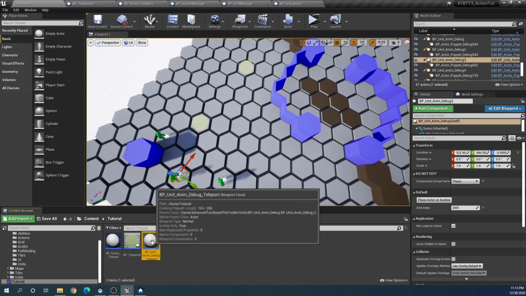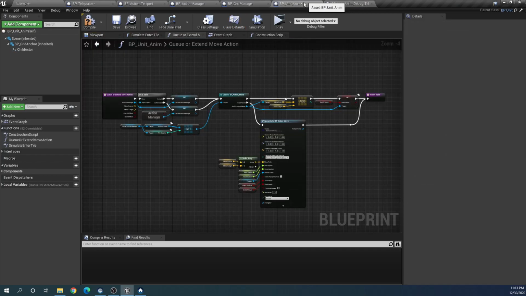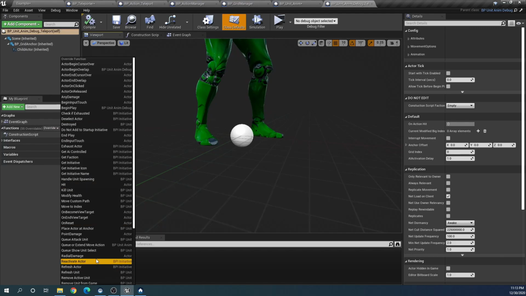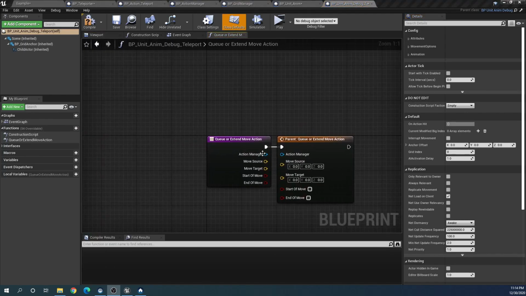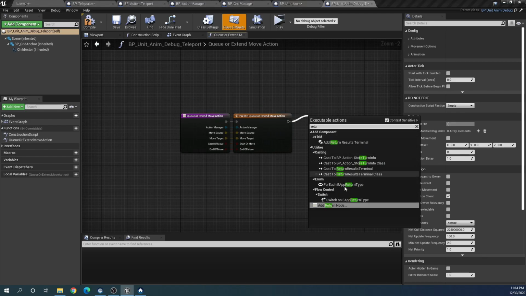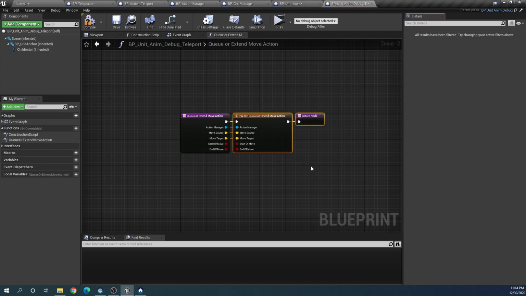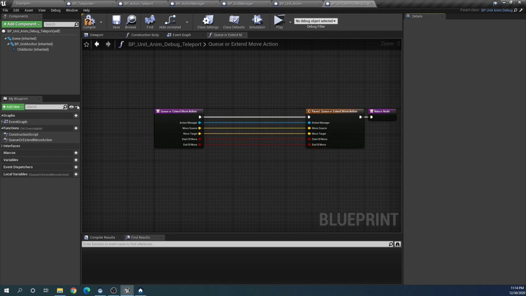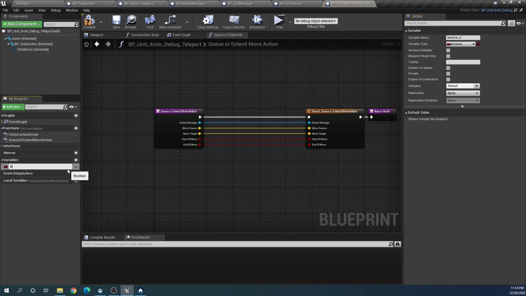That's a long name. So in this we can override our queue extend move action function. We can override it here. We should be able to find it. There it is. And we want to keep all of this code actually as is. We just want to add some new code that lets us skip this behavior if we need to. So we can tell this to, if we have teleported, then skip the next move segment that is queued. So we can add a boolean for this. So we can have skip next move action,